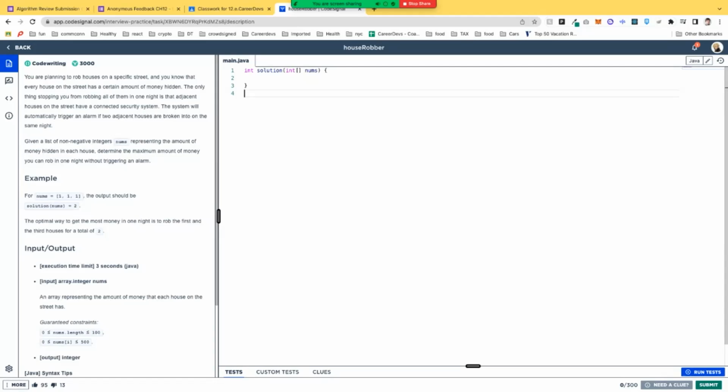With every house, I have the option to either rob it or skip it. And that's going to create a scenario based on that as well. I can't rob two houses next to each other. So I have to decide, am I going to rob that house or am I going to move on to the next house? Those are some decisions. At the same time, if we think about it from the way of,